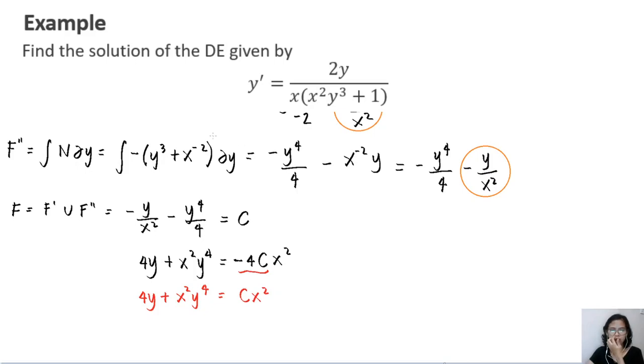Okay, so that's it for the long solution of solving inexact differential equations, and that is just for case 1. If you want to proceed to case 2 and case 3, then